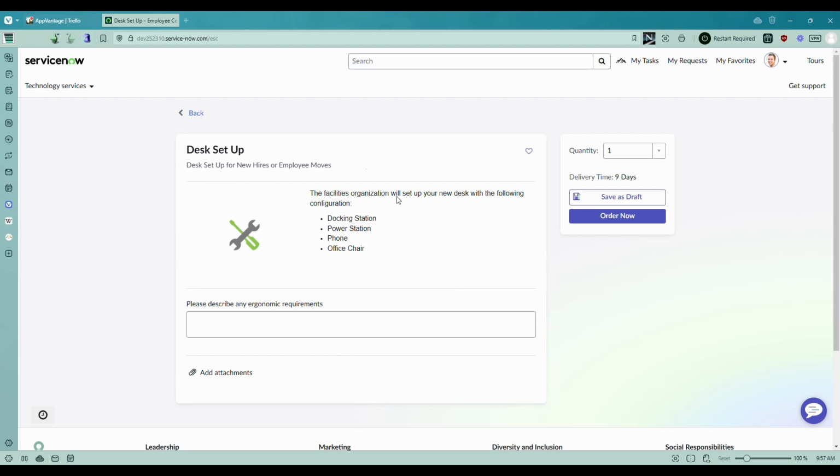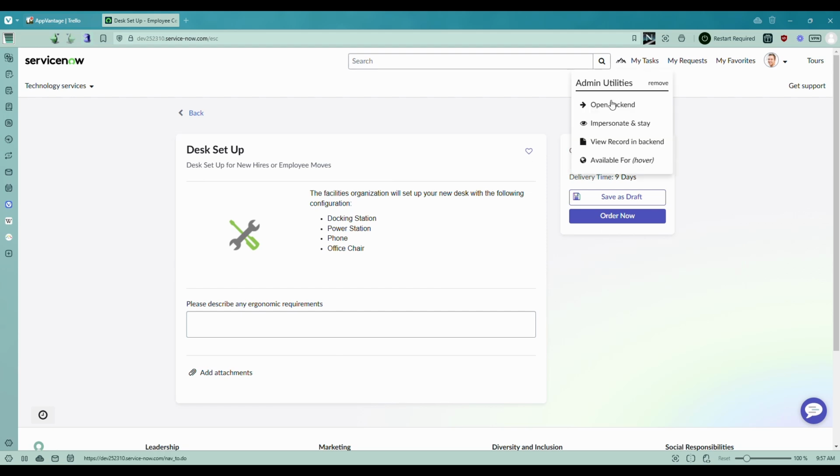You have this link. You would think it'd be really easy to take that link and go straight to editing that form, but actually, what you have to do is go up to the address bar. You have to find the sys ID. It's this really long string of numbers, so you're not going to be able to remember it. You got to copy it. I just paste it in a sticky note off to the side, and then you have to open another tab